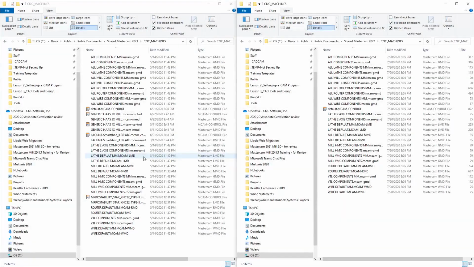If we look at the 2 locations of where Mastercam stores these files, on the left we see the shared Mastercam 2021 directory, and under the CNC machines folder, these are all of